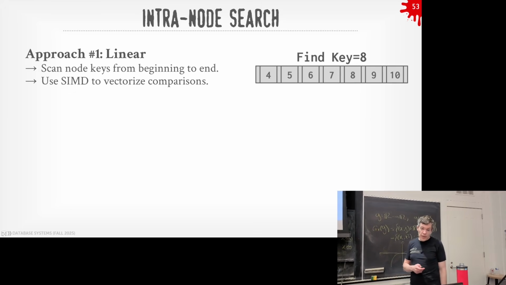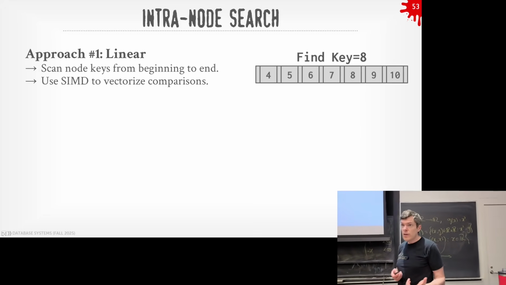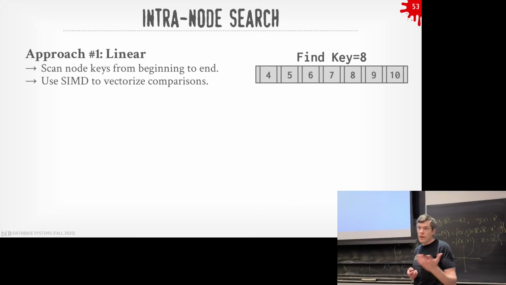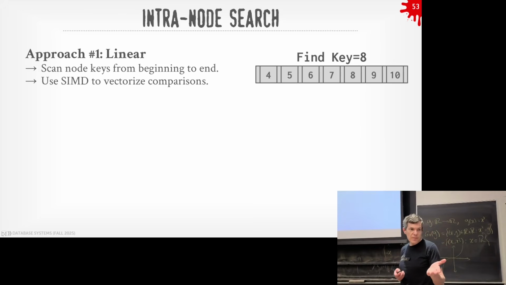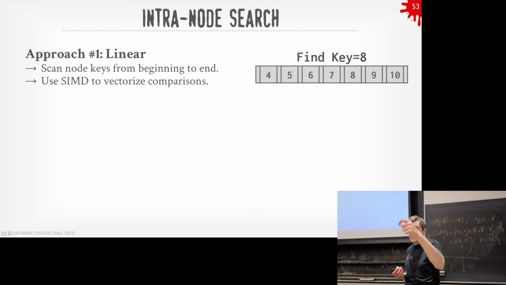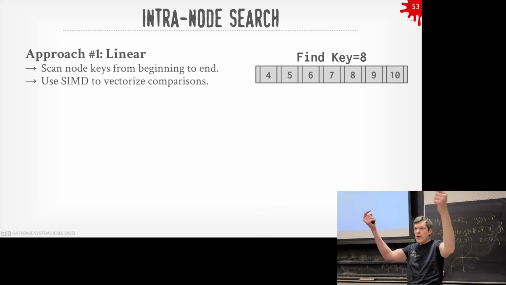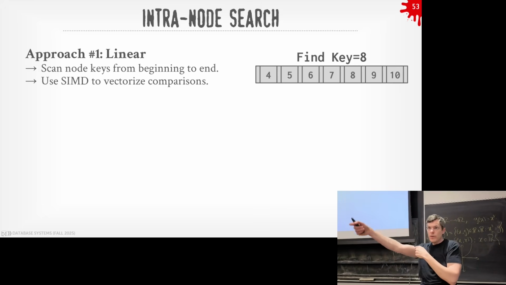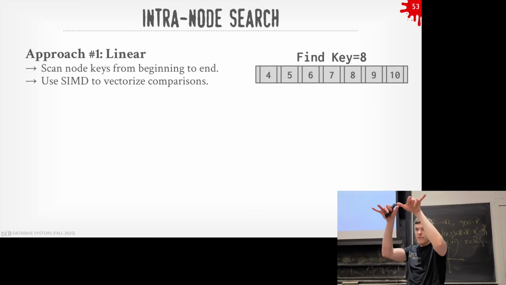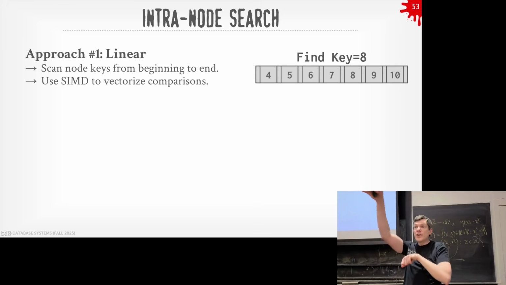One optimization you can do, if you have certain data types that are fixed size, is use SIMD to do vectorized operations. Who here is taking 418? All right. You're taking it right now. Have you covered SIMD yet? Yeah. Right. SIMD basically means single instruction, multiple data. Think of it as a single CPU instruction that allows you to do some operation on multiple data items at the same time. SISD is what you normally think about: one single instruction, single data, like 1 + 1 = 2. You take one register, the other register, you add them together, single instruction, and it produces one output. SIMD allows you to take a single instruction and a vector of data, do some operation on it, and produce a vector as output.